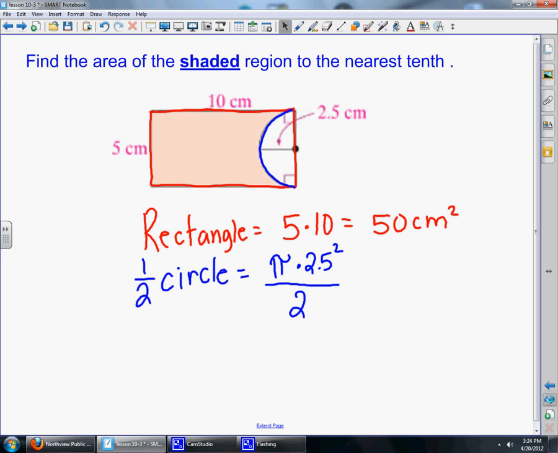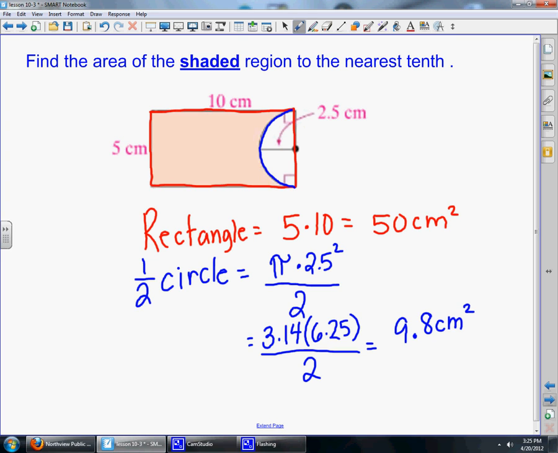So I'm going to work down here. We know that pi is 3.14. First I'm going to do 2.5 squared, following my order of operations. So now we have 3.14 times 6.25, and that's divided by 2. Now I can punch this all into my calculator. So I have 6.25 times 3.14, and I'm going to divide that by 2, which is 9.8